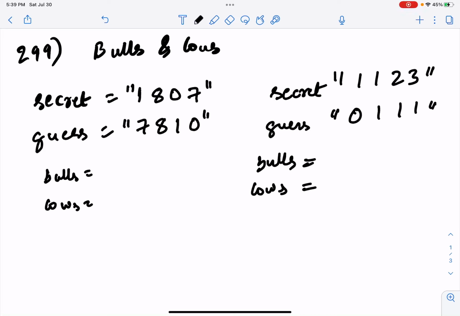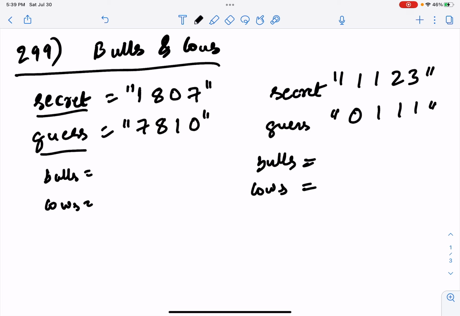So this is the solution for the problem Bulls and Cows. We are given two strings, secret and guess. We are supposed to return the total number of bulls and total number of cows in the format we will discuss later. So the way we calculate bulls is, bulls are defined